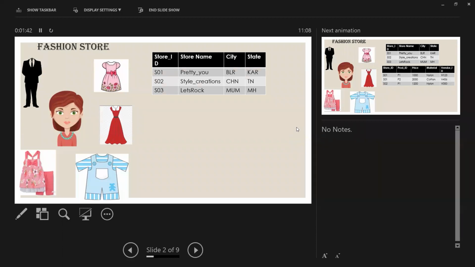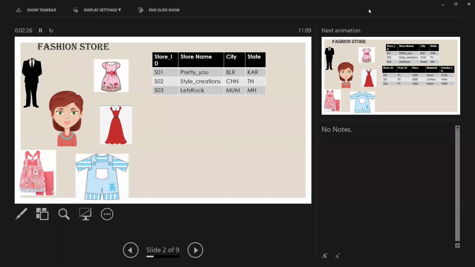Now, what happened is slowly her business starts picking up and she needs to handle all this data. Now, she needs a person at the back end of her store who sits and gathers all this data and stores it in a format so that it can be useful for her whenever she quickly needs to grab some data. For example, as you see here, every store she would have registered, right? So obviously the store would have got some registration number. I'm referring to that as an ID. And the name of a store could be any name, and the city where the particular store is, and under which state that particular city comes in India.